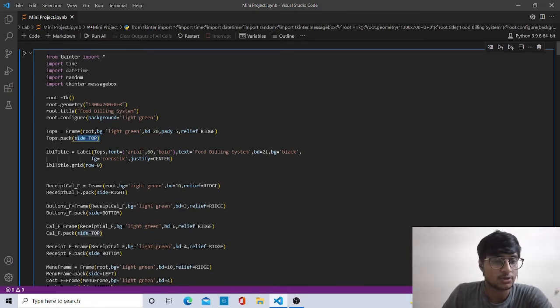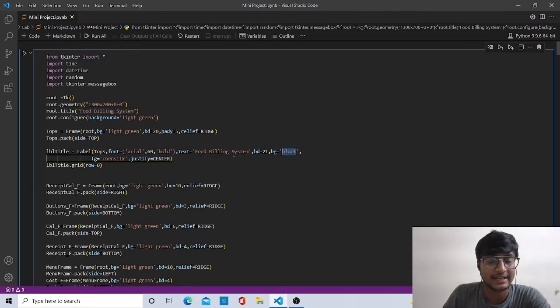Here lblTitle = Label, which is a method called by the object, with the top frame, which is also a widget, with a font of Arial, size 60, bold, with the text Food Billing System, border width of 12 and background color of black.